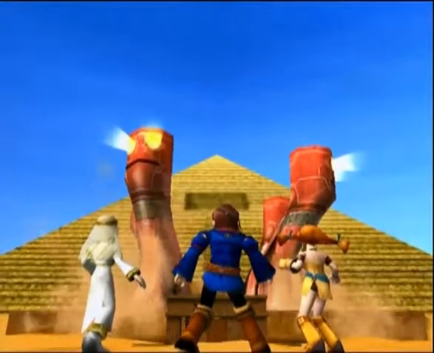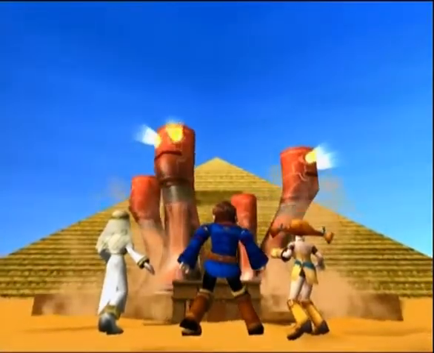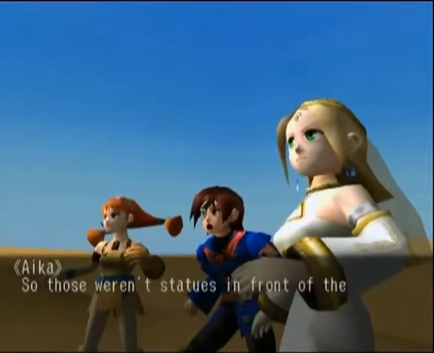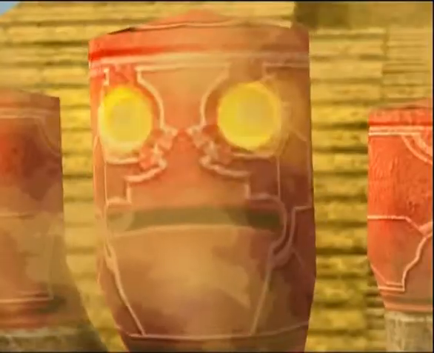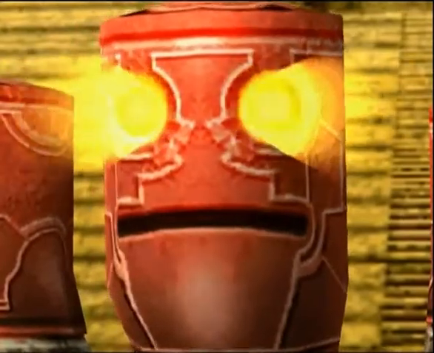He's waking up, and he is not exactly happy. All four heads are doing a search pattern, trying to figure out where our heroes are, and Vina confirms that is the red Gigas Rokwyrm. So they're just going to stand there and look at it for a few seconds, you know. Those weren't statues, those were his heads. No, that couldn't be the truth. The heads search around,